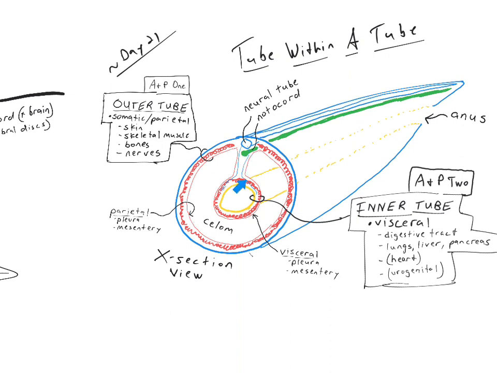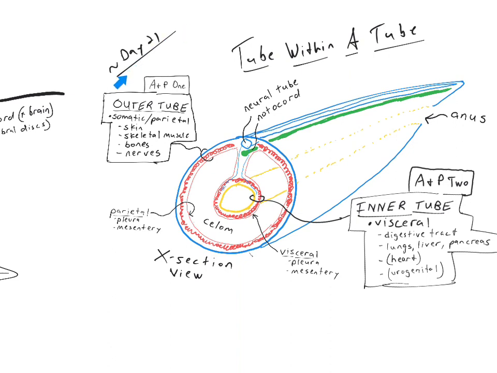In the chest cavity, we would call the visceral lining or the serous lining the pleura, and in the abdominal cavity, we would call it the peritoneum. That, folks, then is how we get a tube within a tube